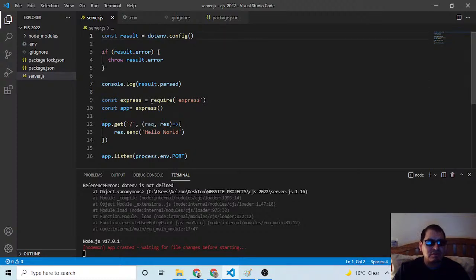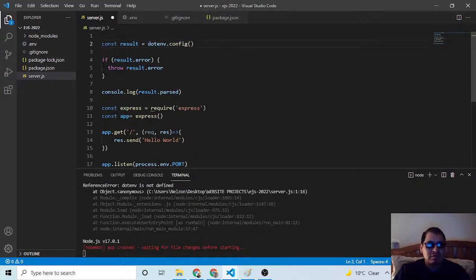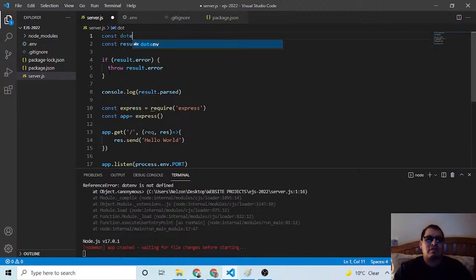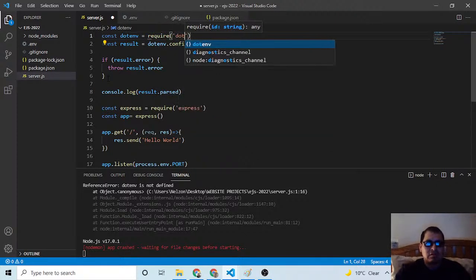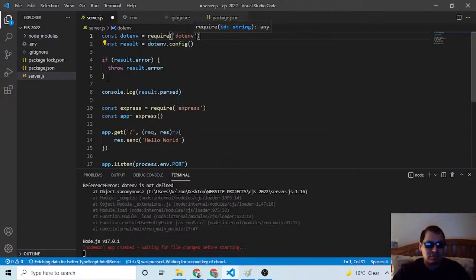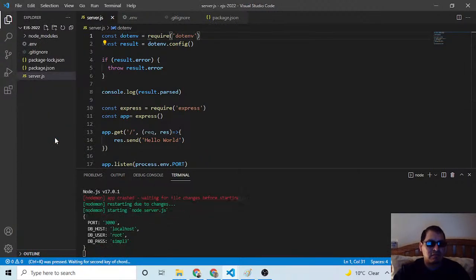Maybe I need to require it. const dotenv equals require dotenv. Okay, control save. Oh, look at this. Sweet.